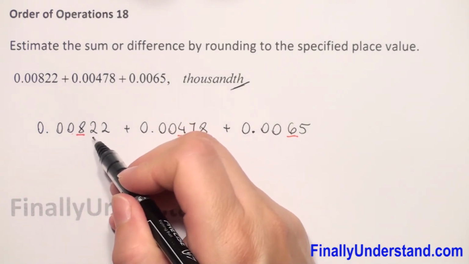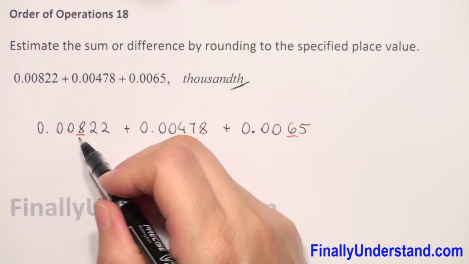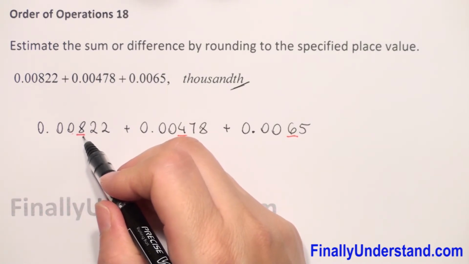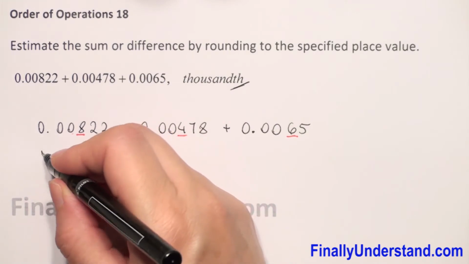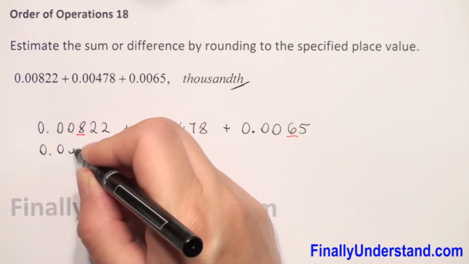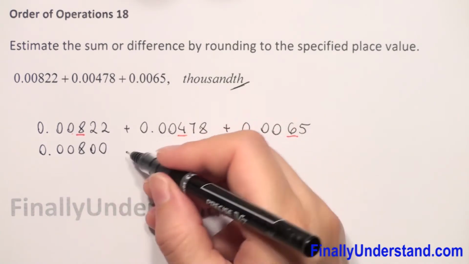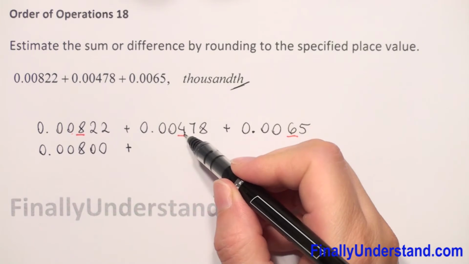When the number is less than 5, what do we have to do? Nothing. We just copy everything we have before our underlined digit and our underlined digit, and everything after we change to 0. So it will be 0.008, and we have 0 0 plus, and we have after 4 now